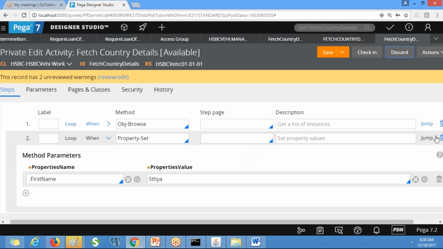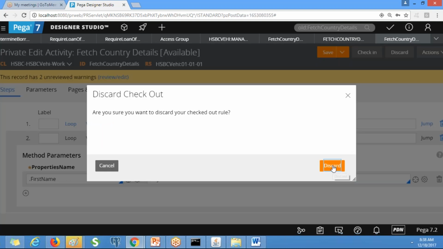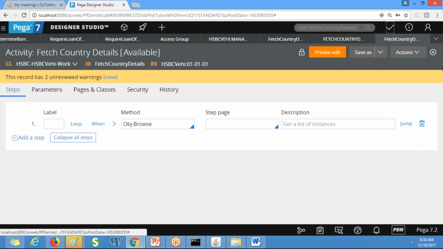You have to understand rule sets completely. It's very important in real time. Now I am going to discard this. When we discard, the rule that was there in the personal rule set when you clicked on private edit will be removed from the personal rule set.